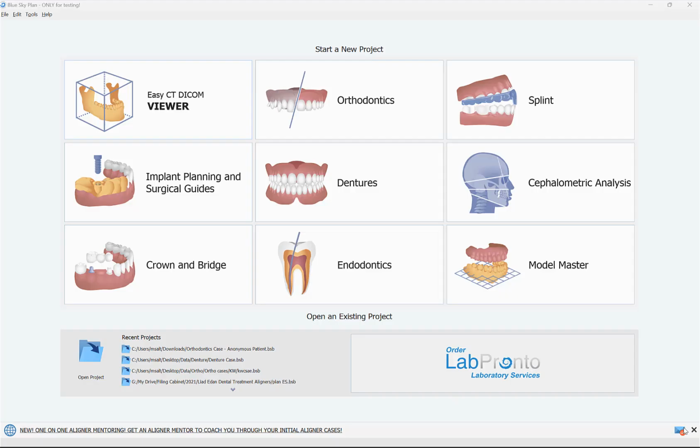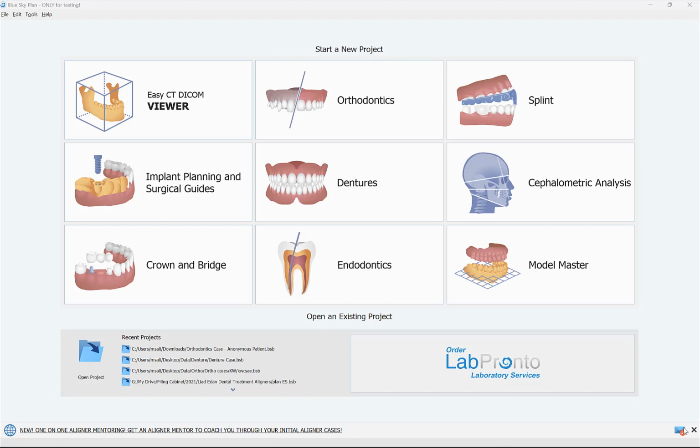In our newest BlueSkyPlan release, we have added several additional orthodontic locators to the software. This means that after you prepare your aligner digital tooth setup, you can export the models along with an aligner trim curve that can go to a variety of different milling machines created by different companies and have the mills automatically trim your aligners. This is Michael from Blue Sky Bio, and in this tutorial video,